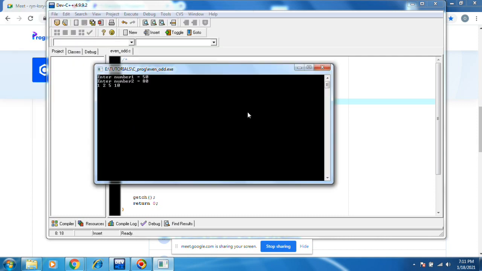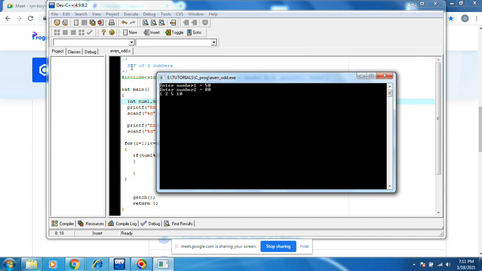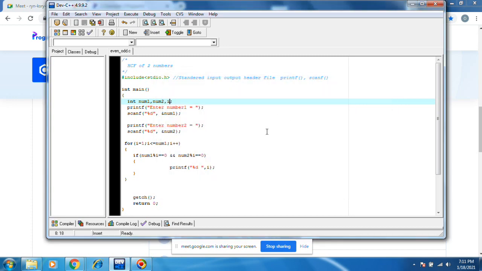In that case, we need to print the HCF, the highest common factor. The highest common factor is 10, so 10 we have to print. Now what shall we do?